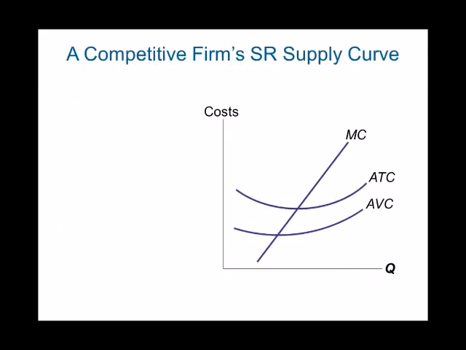Now, the average variable cost is a U-shaped curve. The average total cost, which is average fixed cost plus average variable cost, is right above the average variable cost. This difference is average fixed cost. Okay, so we looked at the derivation of these curves last chapter, but we didn't really talk about the shape of the curves. The curves are usually U-shaped. Average total cost is a U-shaped curve, average variable cost is a U-shaped curve.